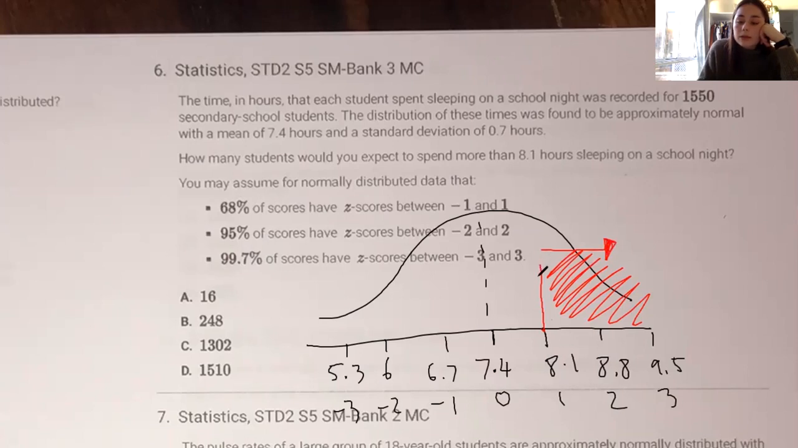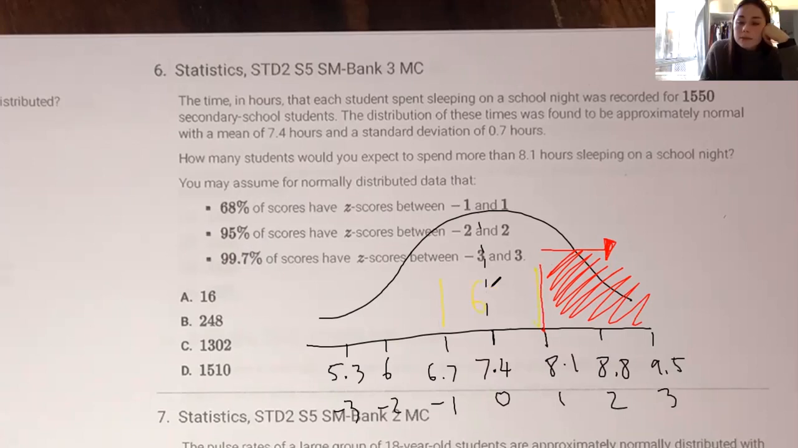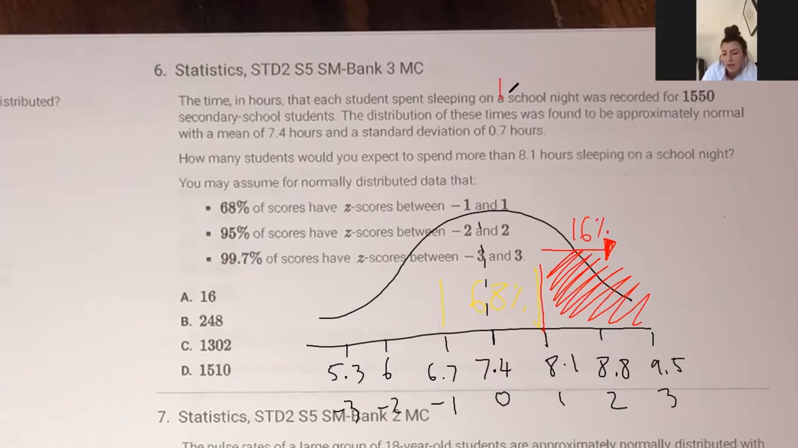And so if we figure out how much is between 1 and -1, then you just have to split it on either side again. Right. So between 1 and -1 is 68%. So the leftover of 68 would be 32, because 100 minus 68. And then half of